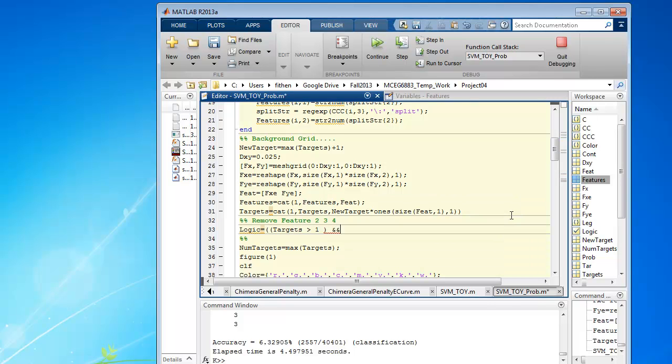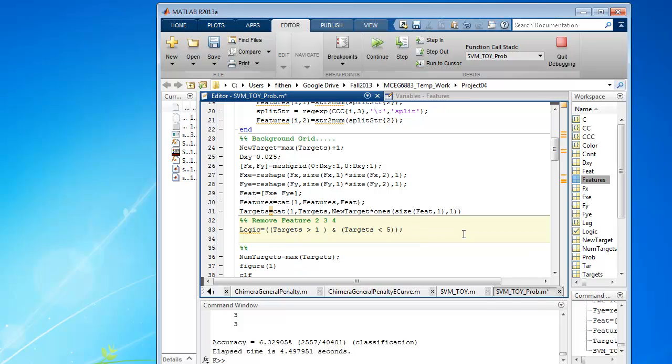And I'm unsure whether I use 2 or 1, so I'm going to use 1. I'm going to put a bracket there. Targets less than, say, 5. So this should take place. So then what I'm going to do, and I'm going to say features